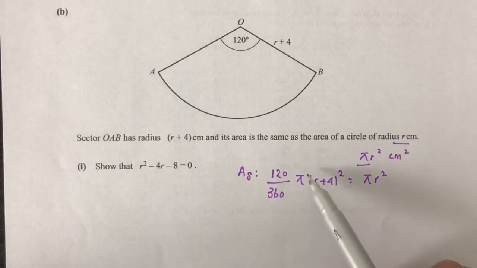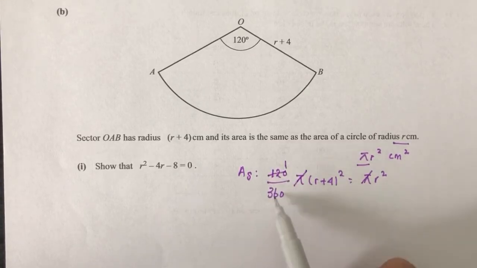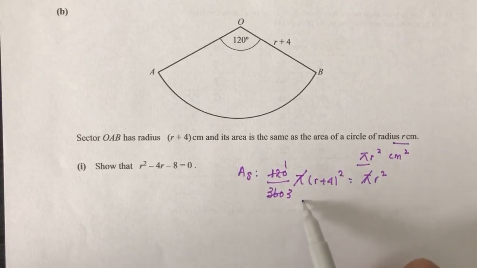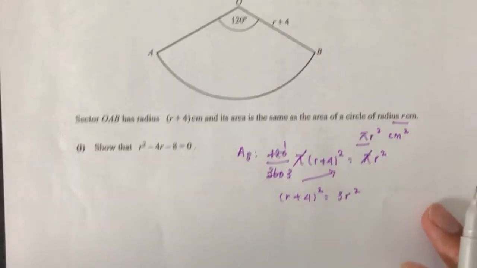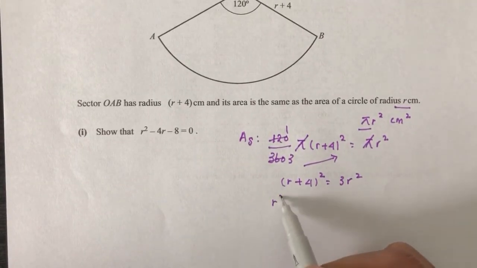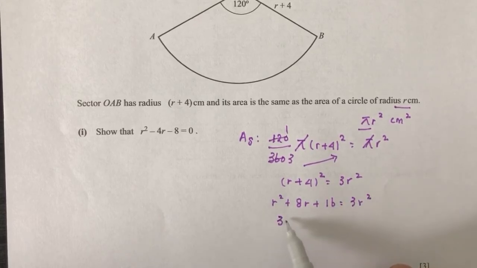Now we have to simplify. This goes away, and here we have 1, 3. So we send 3 over here. We will have r plus 4 squared equal to 3r square. So let's do that. We have r square plus 8r plus 16 equal to 3r square. So 3r square, let's do minus